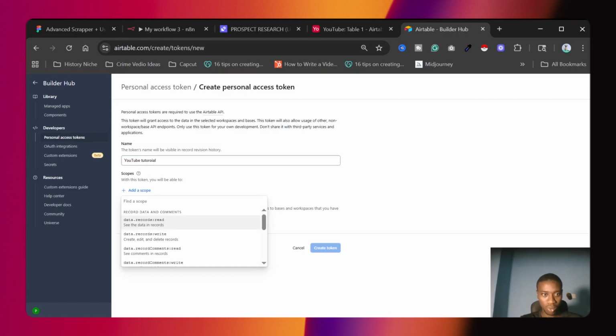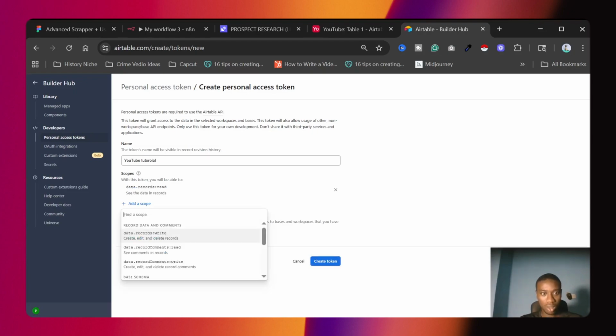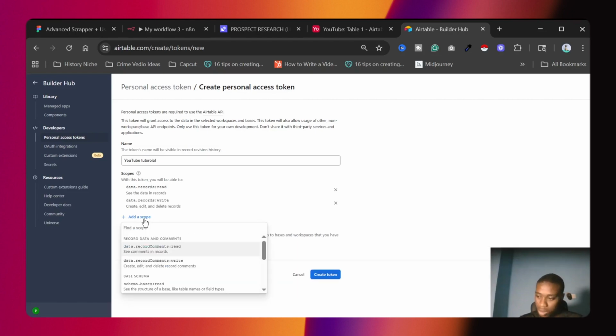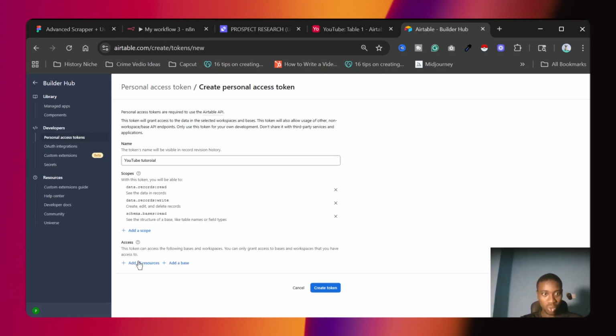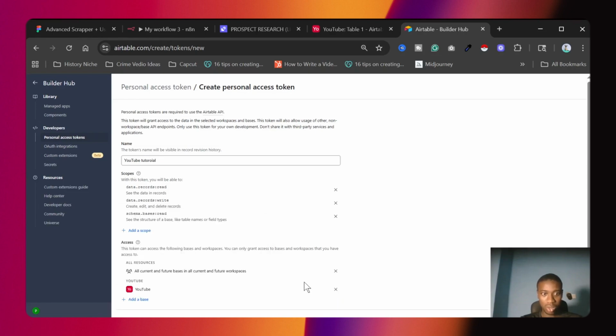So add a scope: data records read, data records write. Where is it? Schema bases read. Where's schema bases? Then add all resources, add all current and future bases in the workspace, and let's just add this.